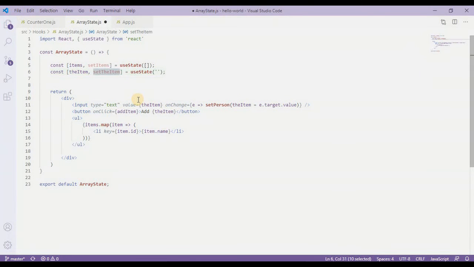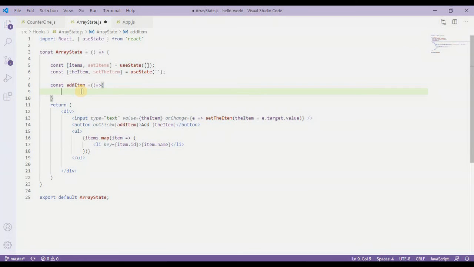Let it be like set the item, not set person, and here I'm going to declare this function add item, which is going to be an arrow function. So it is like a constant add item equals to an arrow function, and inside this arrow function I'm going to call this set items,